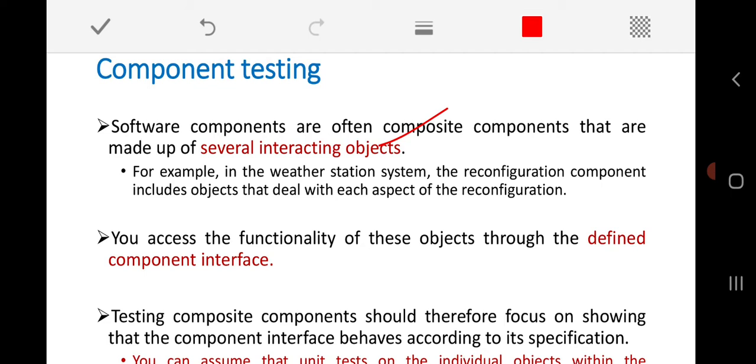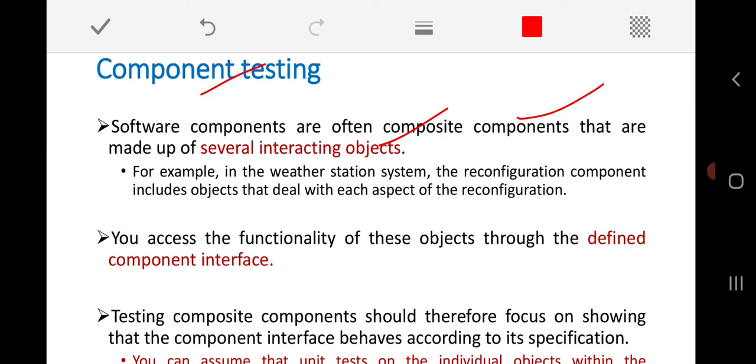After combining more than one unit, like more than one object or function, that combination of different units you can call a component. Once such a component is built by combining more than one unit, we go for component testing.